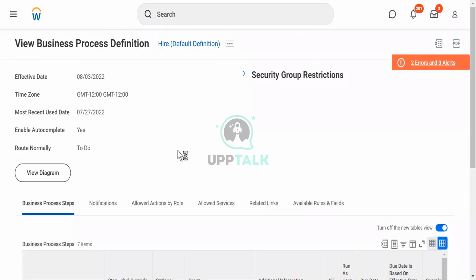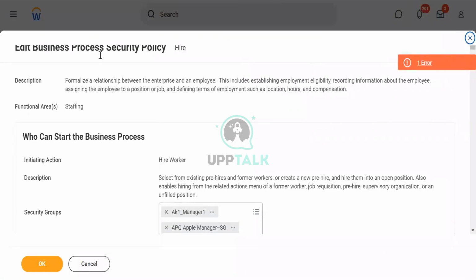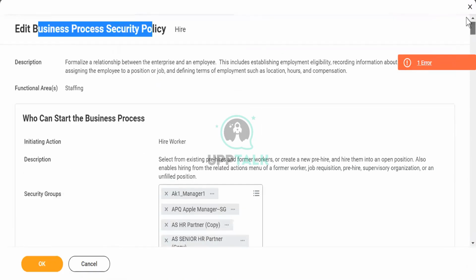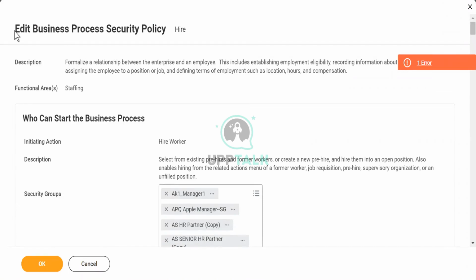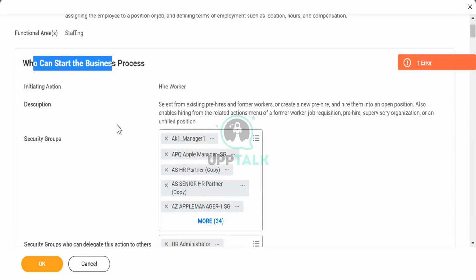Now you see Edit Business Process Security Policy. Do you see that? Every business process, be it any business process in Workday, will have these kinds of questions. It's asking you who can start this business process, and it is saying, please put the security groups here,